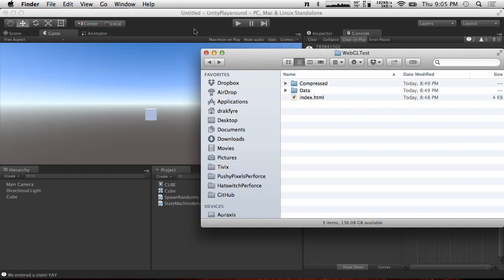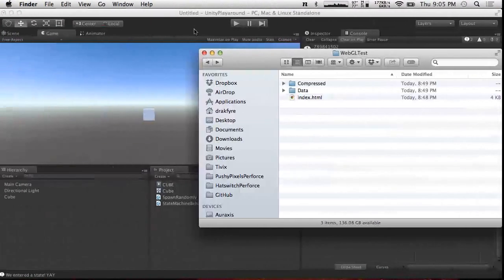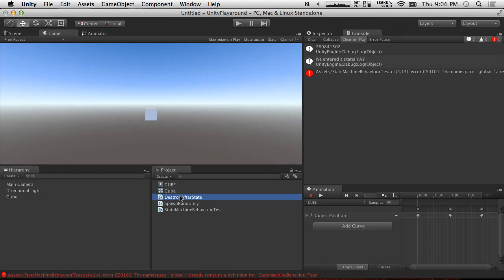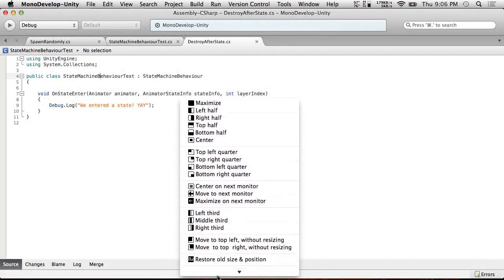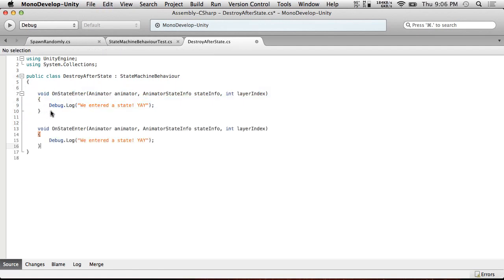So useful things that we could do with this, let's just make something with the state stuff. I'm going to duplicate this state machine behavior test, and we're going to call this destroy after state. We'll say destroy after state, and what we're going to do is void on state exit. I'm going to assume that these have the same signatures, but we'll find out. And we're going to destroy...